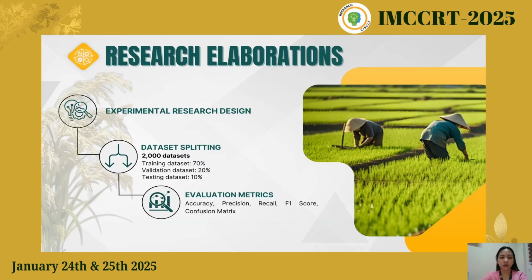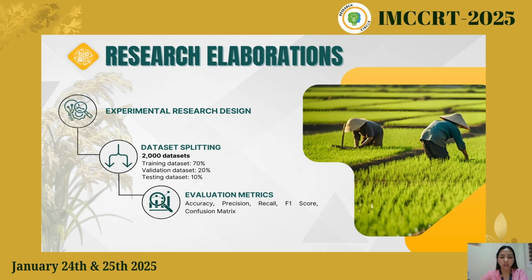For the research elaboration, the researcher used an experimental research design. When it comes to dataset splitting, the total number of datasets is 2,000 images. 70% of the 2,000 images was used in training, 20% was used in validation, and the 10% was used in testing. And for the evaluation metrics,